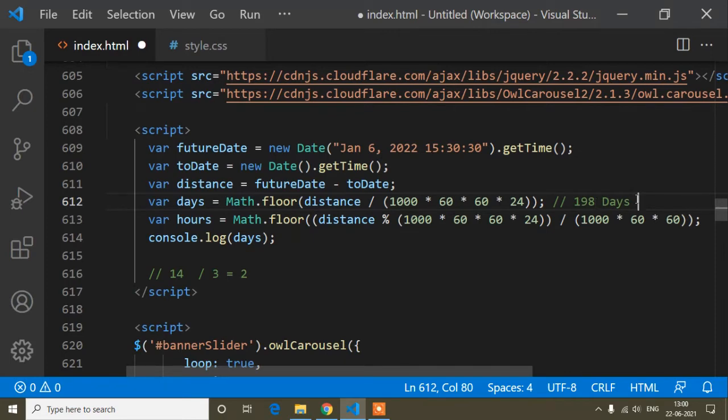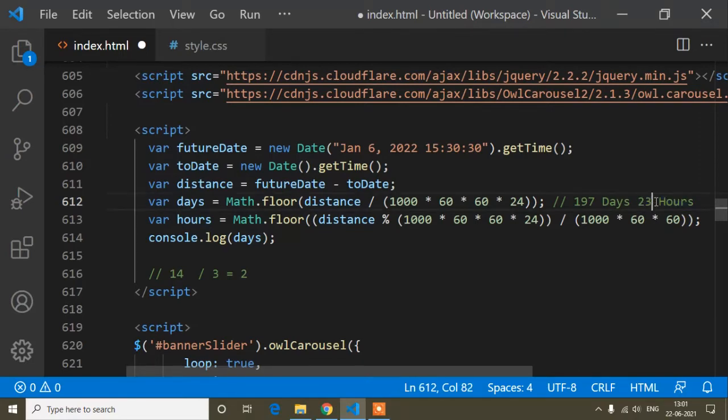So when it completes 24 hours, it will not show the value in hours. Then when it completes hours, it will be 170 days, because the countdown date is minus. Okay, so that will be 70 days, and remaining, if it is 23, that means it will be hours. I hope you are understanding what I am trying to say here. When it is 23, I mean we need 23 hours, so that means it will be shown in hours.